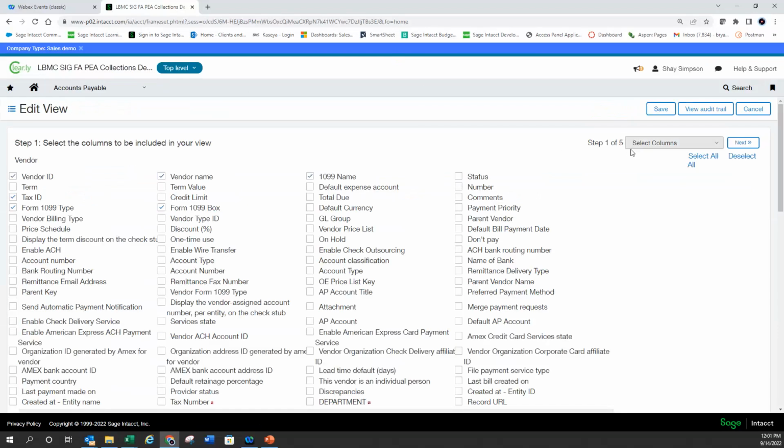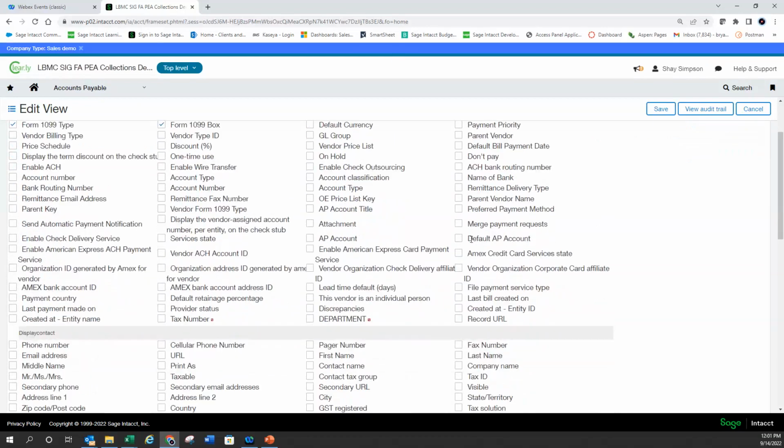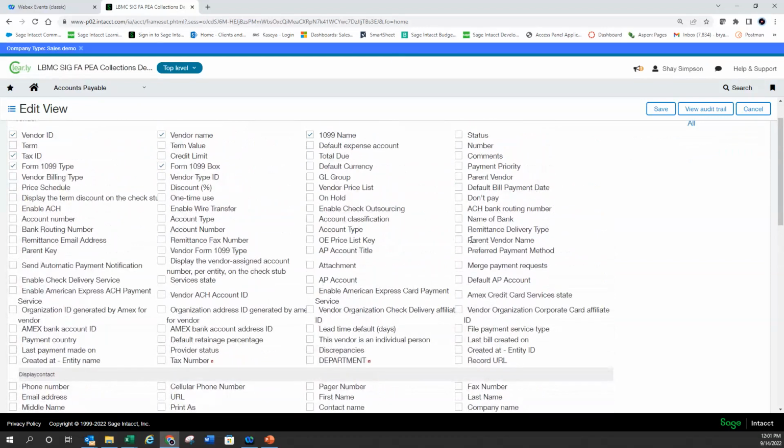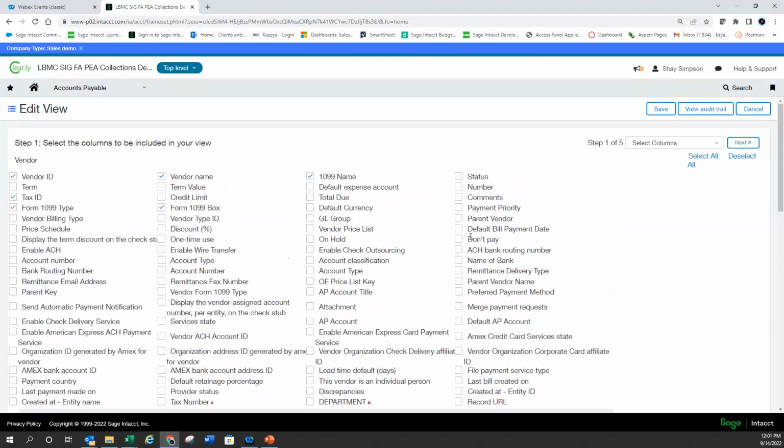This is a wizard. It's gonna walk you through it. You can select any of the information that you wanna see, okay? If you need to see certain pertinent information, or in our given example, we are only pulling in the data that we want to update. So we want to update our 1099 type, our box, and our 1099 name, and quite possibly our tax ID,